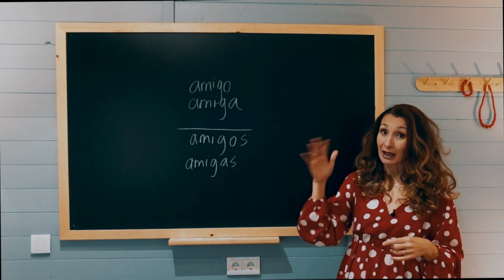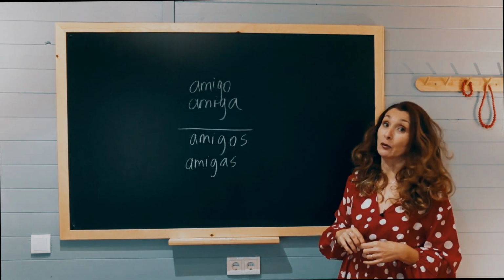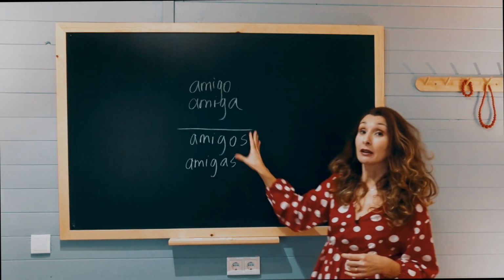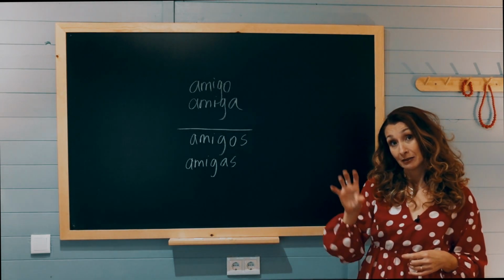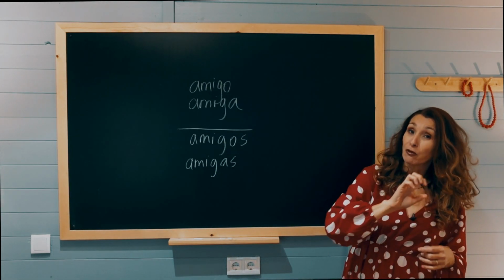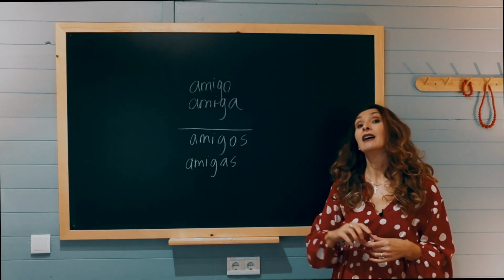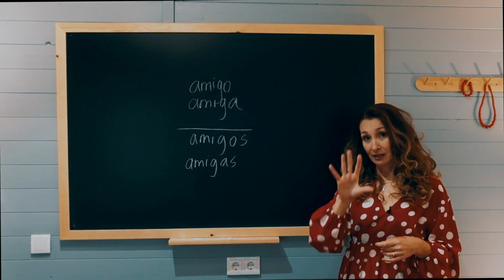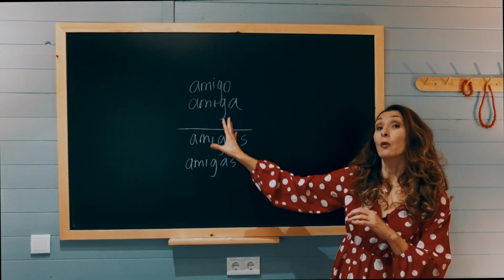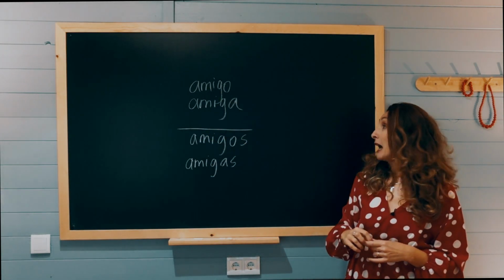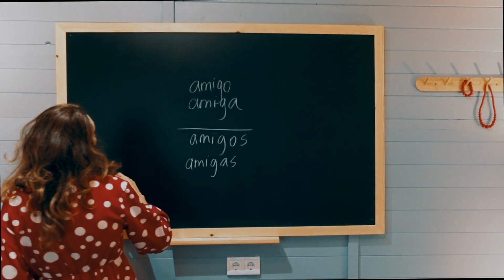Let's start with the adjectives, because the possessive adjectives will actually come with this noun. The pronouns will get rid of it, but the adjectives will come with the noun, and they can come either in front of the noun. We can say my friend, so we have my before friend, or we can say a friend of mine, and now we have it after the word friend. Same in Spanish. Let's start first and have a look at what it's like when these possessive adjectives are in front of the noun.